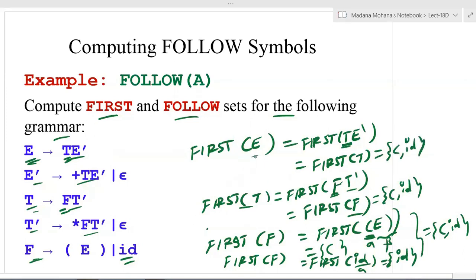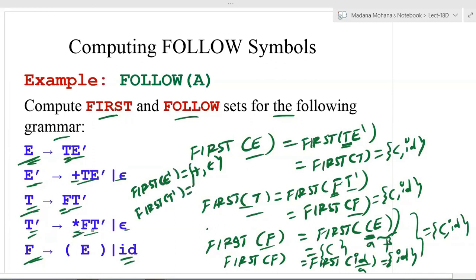Now here you can see we obtained E, T, F first values. Other than these, the remaining productions: you can consider E dash derives plus T dash or null. Apply rule 1 and 2, that is terminal and null value. T dash derives star F T dash or null, so apply rule 1 and 2. Now here you will get first of E dash equal to plus comma null. Directly you will get it as per rule 1 and 2. Then first of T dash is also the same. T dash equal to null comma star. So here star comma null.